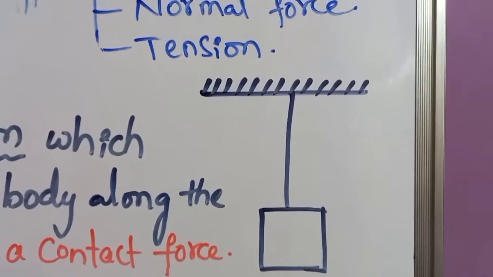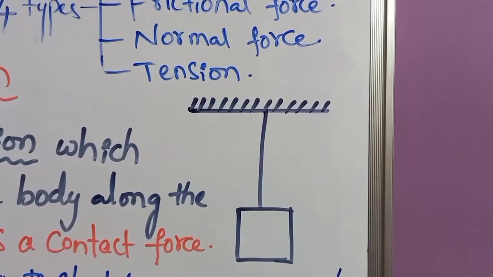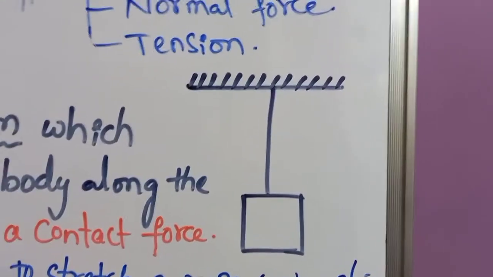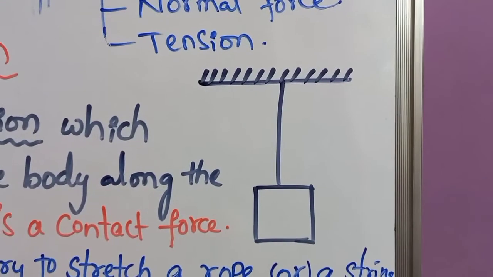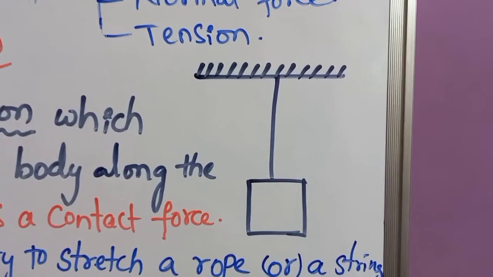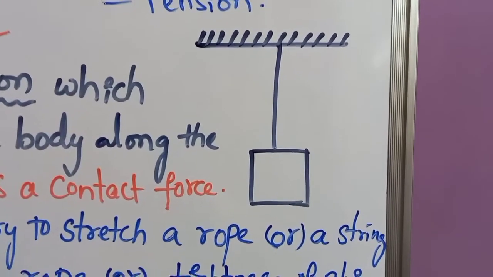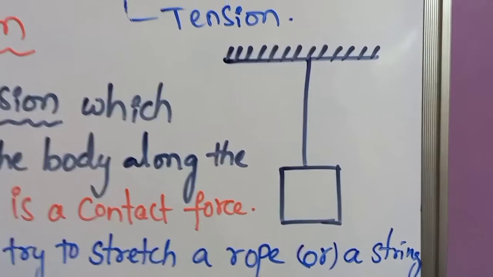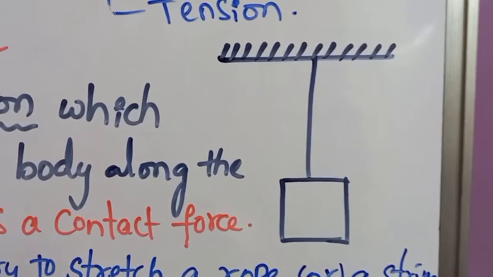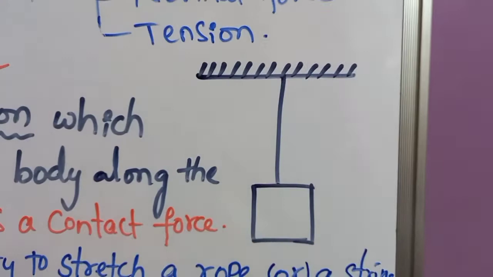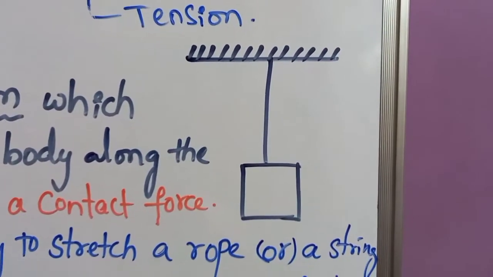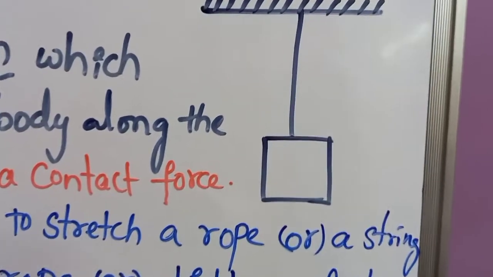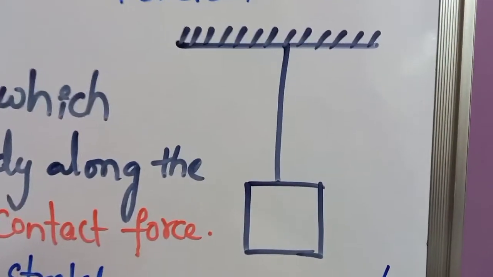For a stone tied to the string, gravity pulls down the stone all the time, but it does not fall down because it is supported by the string. Thus, there exists a force which supports the stone against gravity by pulling it upward. That force will always be acting along the string, in the upward direction. What do we call this force? Children, this force is called tension, which always pulls the body along the string.